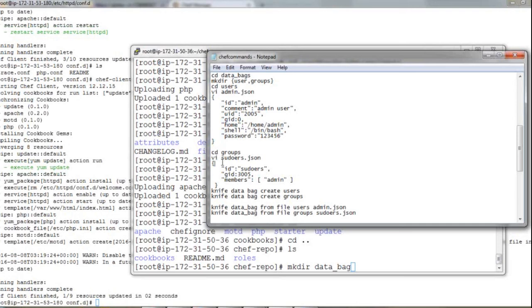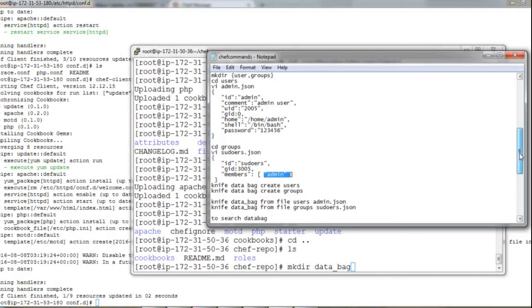Similarly we are having groups. We'll create one group in the sudos.json file, saying the group name is sudoers, and there's a group ID, and members, where admin is a member which we are adding to the group. This is what we are going to do: create a group and add the user we are creating to it. So how we are going to do it is,